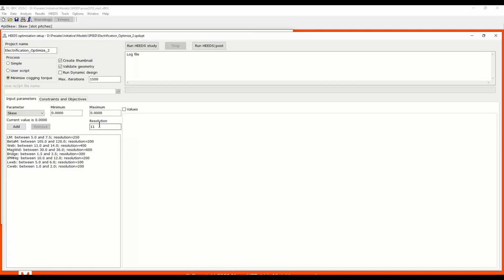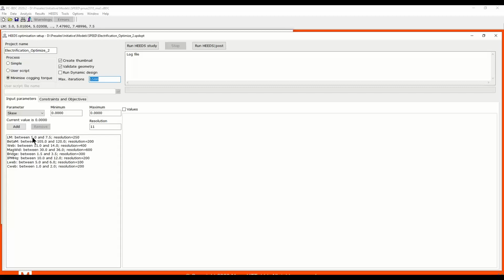It's also important to highlight the maximum number of iterations. For this specific case, we're not testing 5, we're not testing 15, we're testing 1,500 designs, changing 8 parameters in the rotor geometry to minimize the magnets while maintaining the performance.